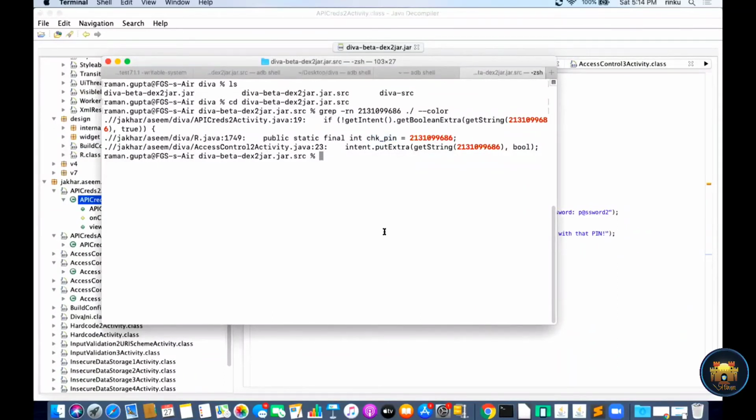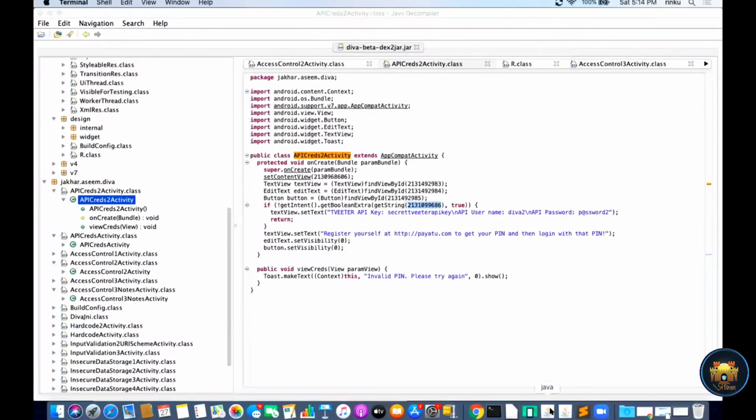Let's check what the value of this check underscore pin will be. For this we need to search this value in the strings.xml. In the APK there is a file strings.xml where all the constants are defined. So check what constant value is defined for this chk underscore pin parameter.